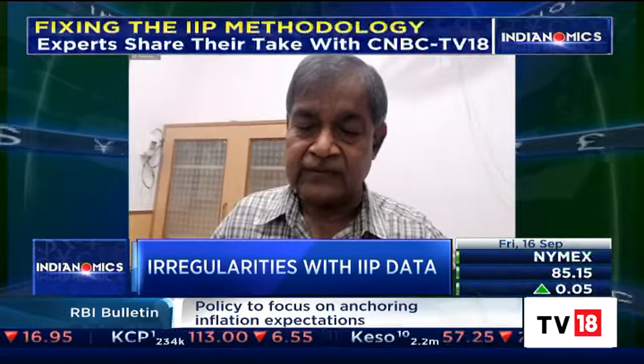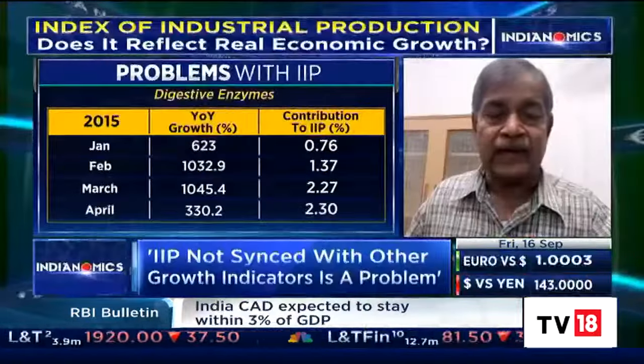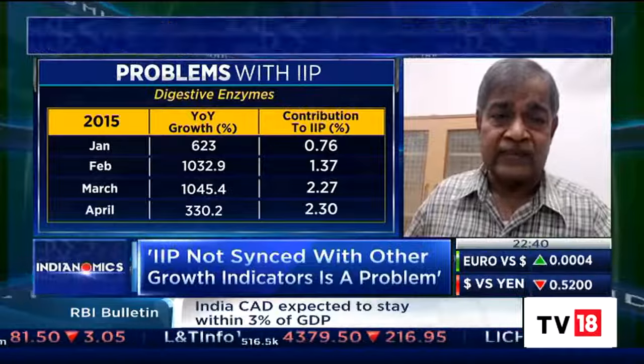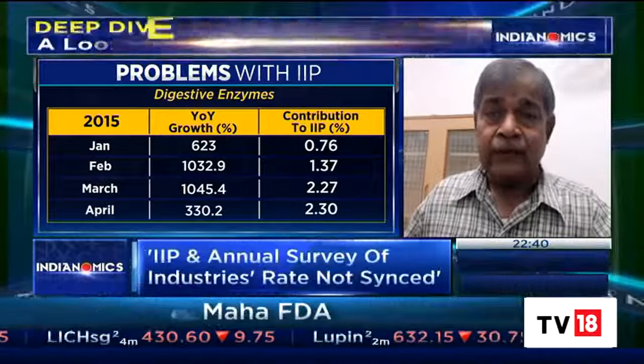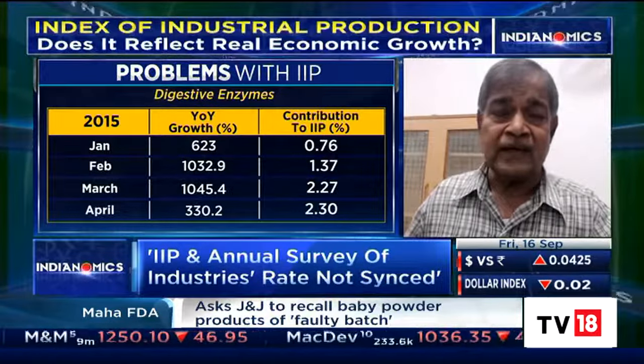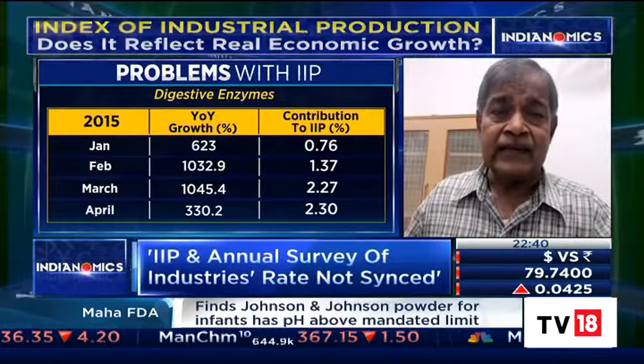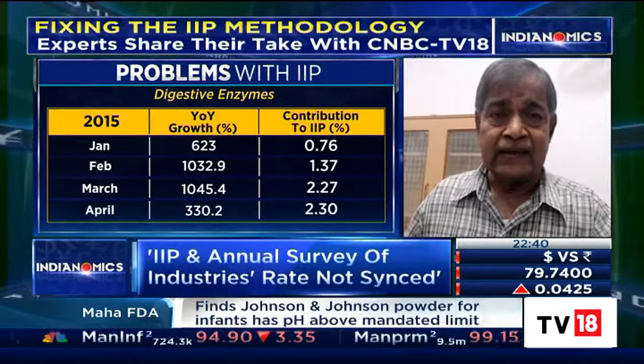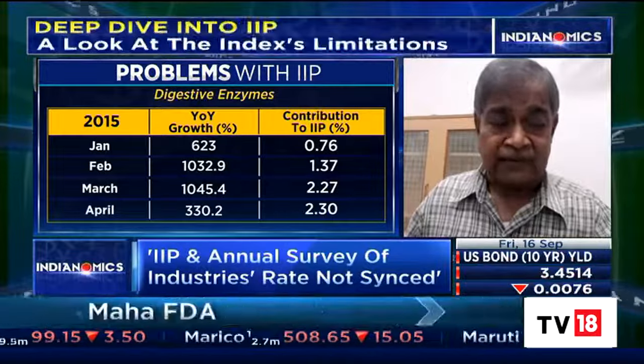I to some extent agree, definitely. It is a perennial problem we have observed that IIP-based growth rate does not match with what we talk about, the national account statistics-based growth rate, where of course a lot of data sources are accessed. Even if we compare with the ASI growth rate, Annual Survey of Industries, ideally IIP growth rate and ASI growth rate should be very close to each other. That has not happened. And if you look at the time series data for about 12-13 years, for most of the years, as you were rightly mentioning, the ASI-based growth rate is on the higher side, but not for all the years.